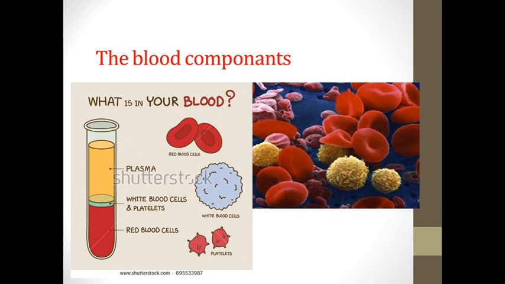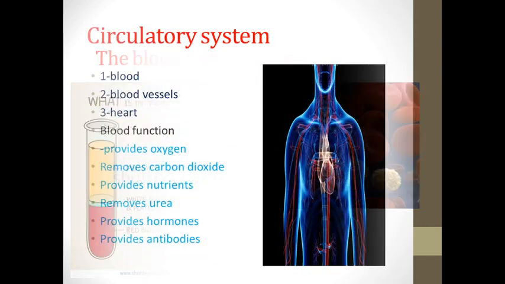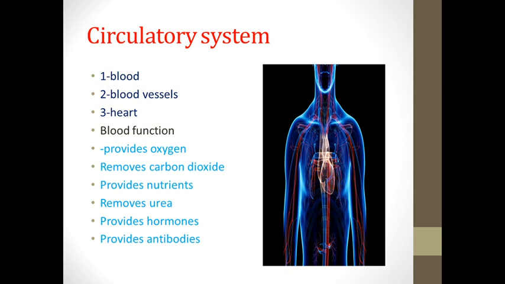Let's start now. Before going into knowing the blood's components, let's have a look at the circulatory system. The circulatory system consists of blood vessels and heart. The main function of the blood is to transport. Here we have the blood transports oxygen. This means it provides oxygen to the body and removes carbon dioxide, and provides nutrients, removes urea, provides hormones, and provides antibodies. In order to see the components of the blood, we have to take a sample of the blood